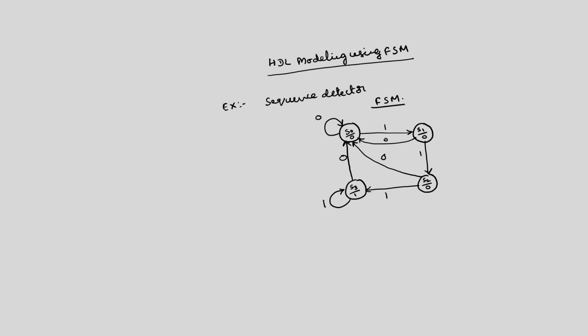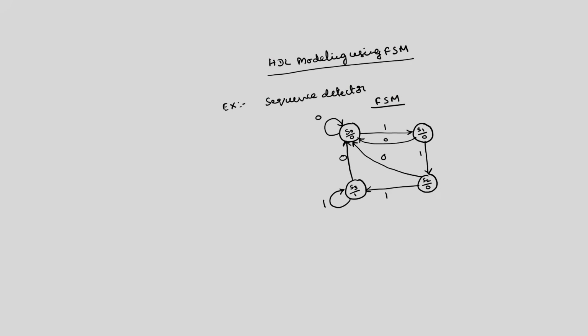But in the last lecture, using this FSM, we designed the sequential circuit using flip flops, and then we modeled the flip flop based circuit using Verilog. Whereas, here we can directly model this FSM, so that the Verilog code becomes somewhat simpler. So, how to write the Verilog code in terms of the FSM?